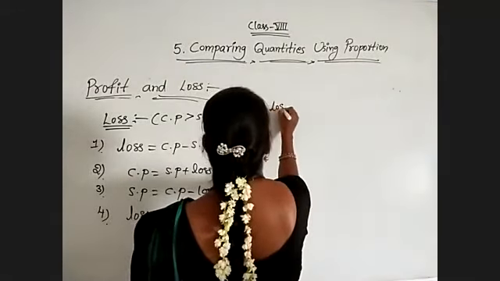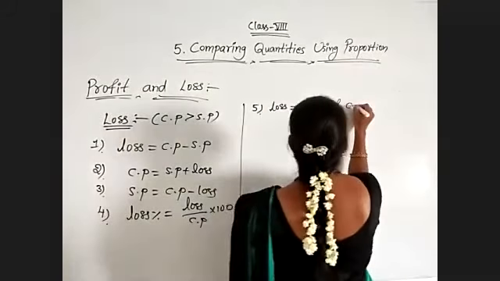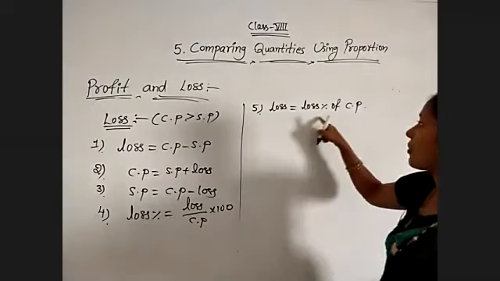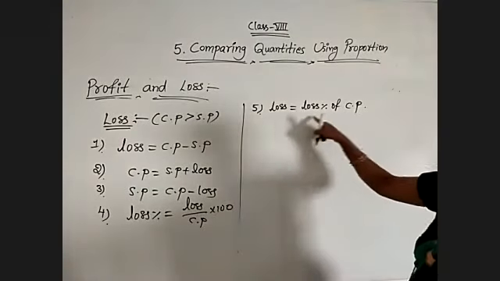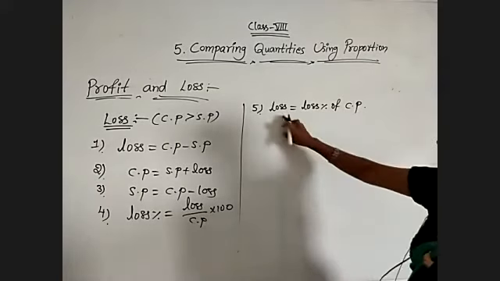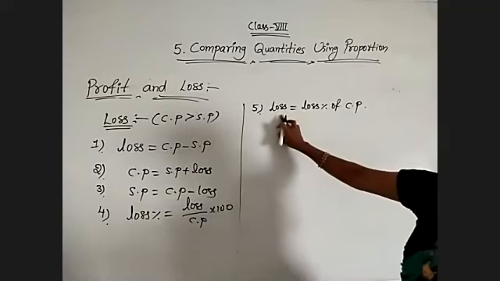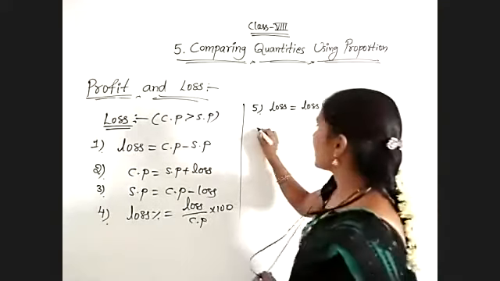Loss is equal to loss percentage of CP. Profit is equal to profit percentage of CP. Loss is equal to loss percentage of CP. When loss percentage and CP are given, you can find out the loss. When profit percentage and CP are given, you can find out the profit. And the sixth one,